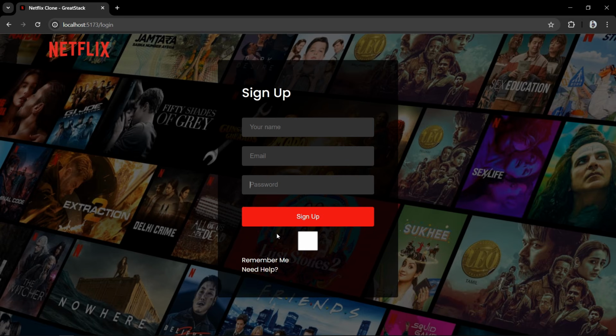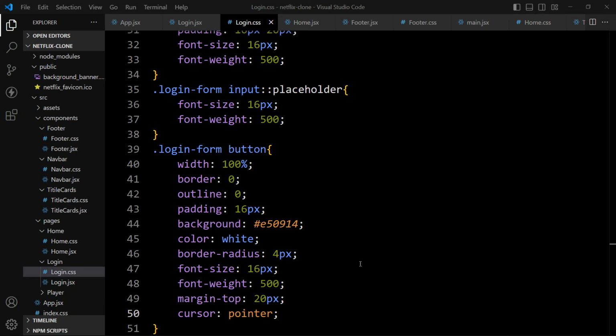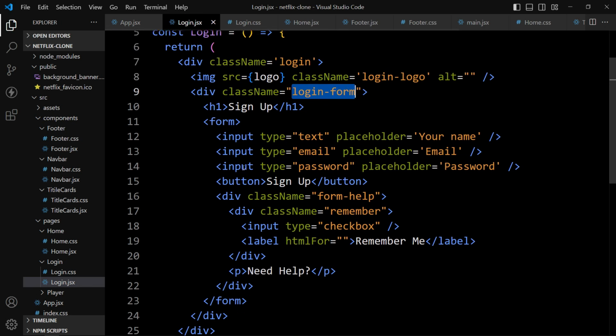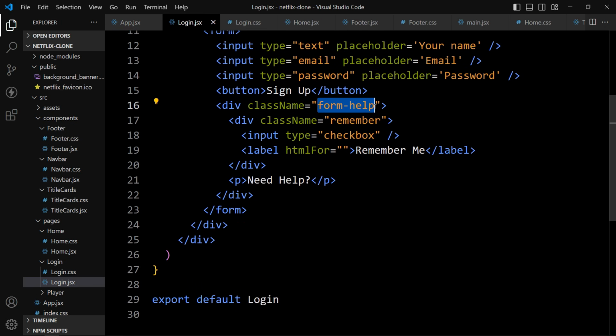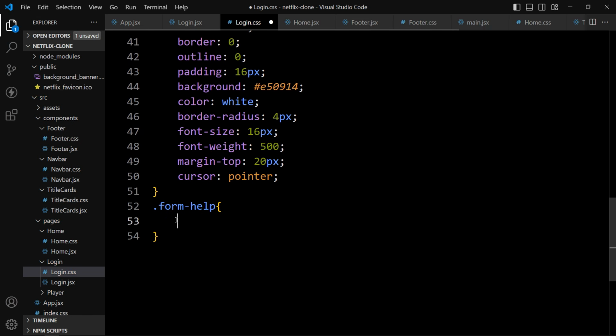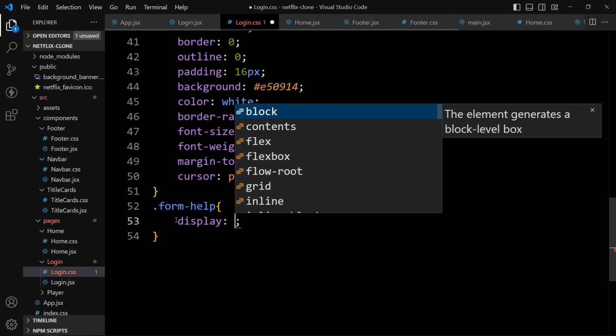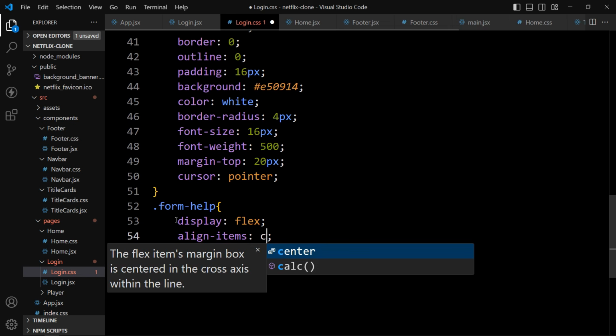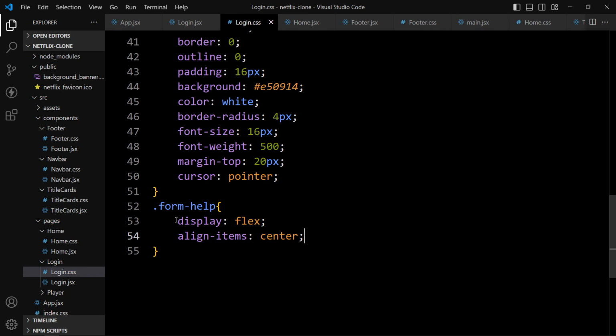Next, we have to add the CSS properties for this checkbox and this remember me text. So let's come back, and here you can see we have added the class name form help. So first we'll add the CSS for this one. Just add form help, and for this one let's add display flex, align items center, so that the need help text will be in the right side.